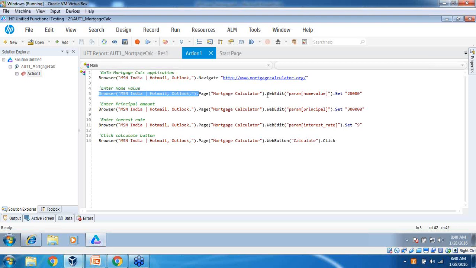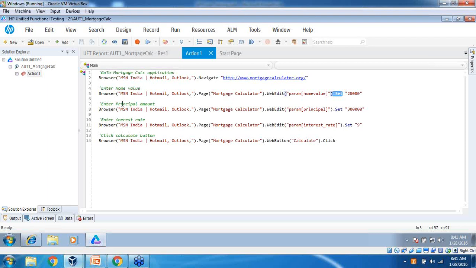So in UFT, for this web edit object, there are a lot of methods available, team, and one is set. What set does is it enters, it replicates whatever you are entering. Like manually we have entered, right, some 20,000. So this set will enter the values in the text box. All right,